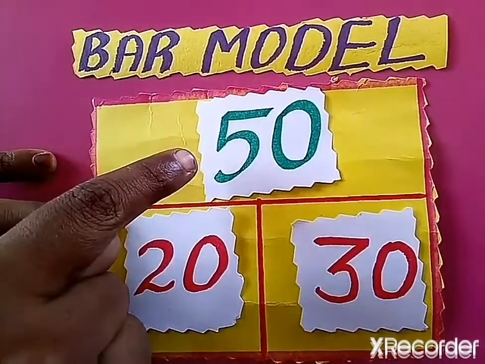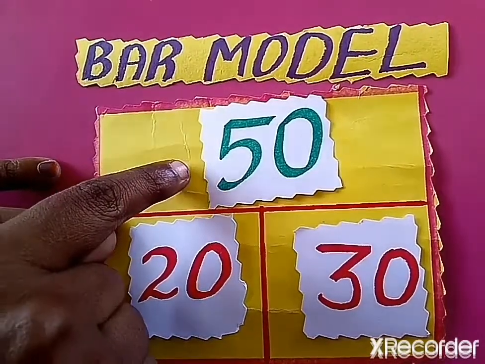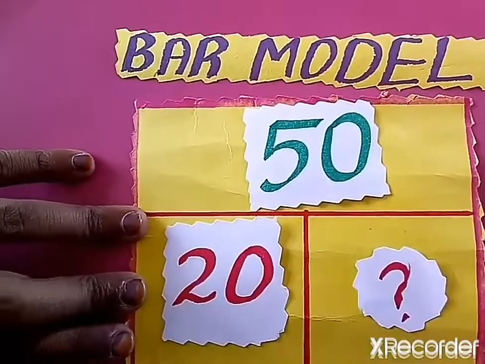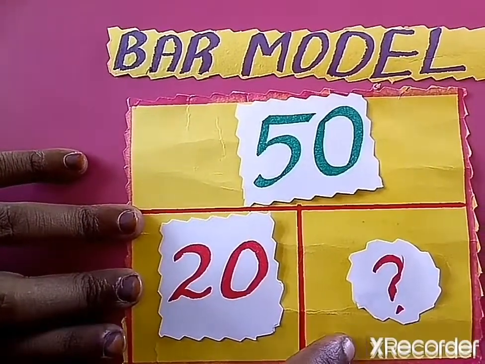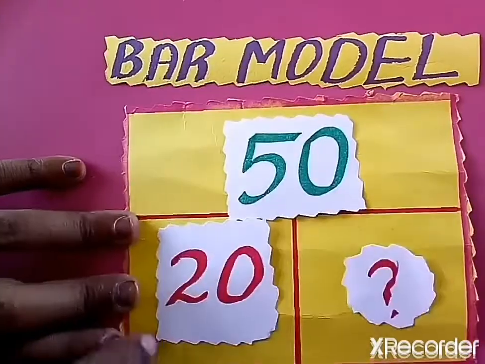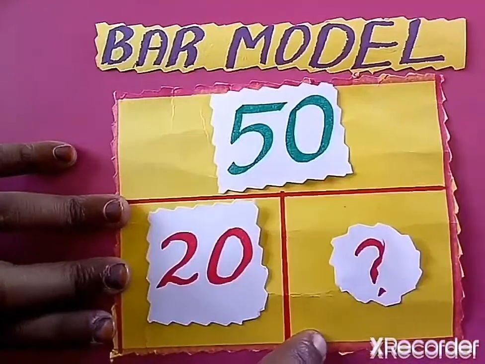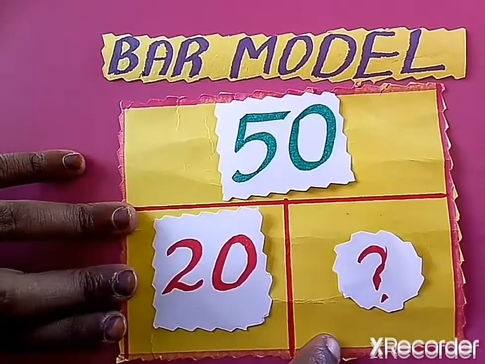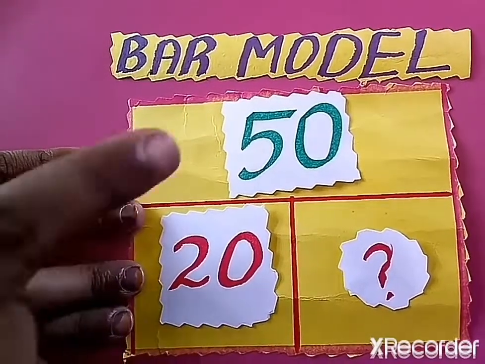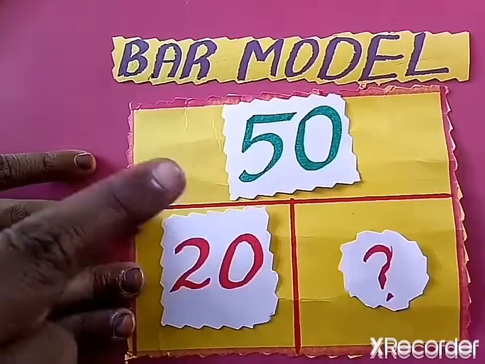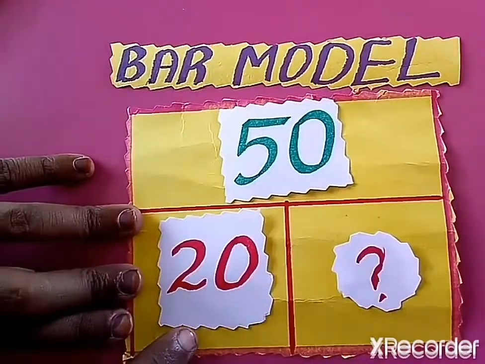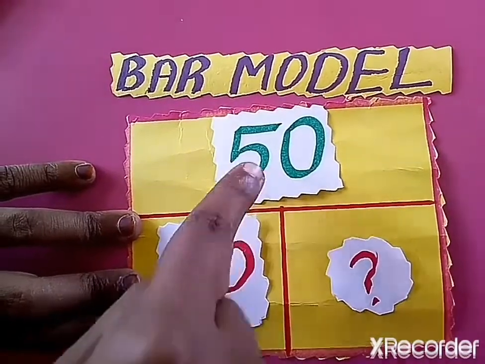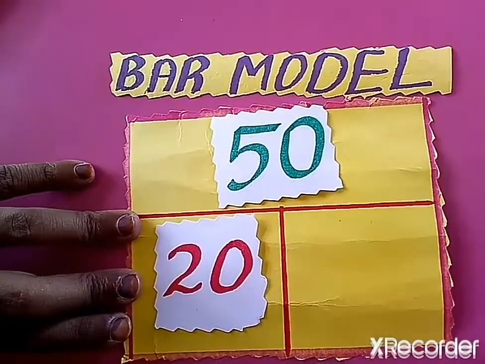Suppose I have the number given in the whole part and I have a number in one of the parts and another part is missing. That is, the whole number I know and one part of the number I know, but I don't know what will come in this part. So here what you have to do, now you know, isn't it? It will be 30. How did you get 30? By subtracting. What from what? From 50 I have to subtract 20. That will be the number which comes over here, right? So 50 minus 20, my number will be 30.